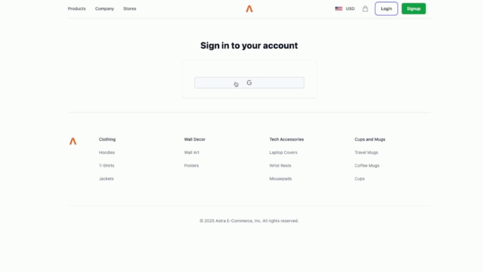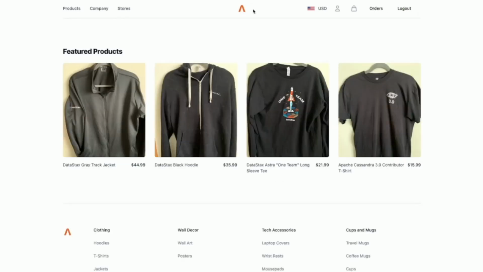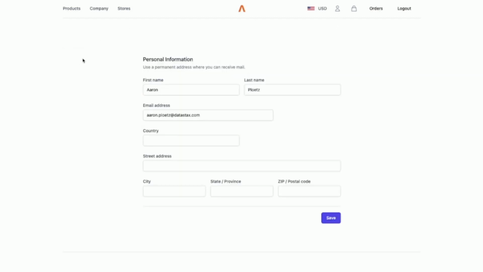So we're not going to talk too much about that. But suffice to say that with the proper setup, you can click on that. It logs you in using Google, and now we can go back and go about our business on the site. Let's click on the user profile button, and you can see that this is what it's gleaned from my Google account. So this functionality is what we're going to convert to the Table API today.